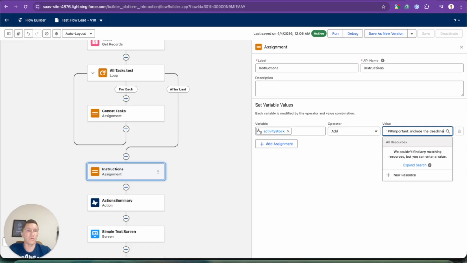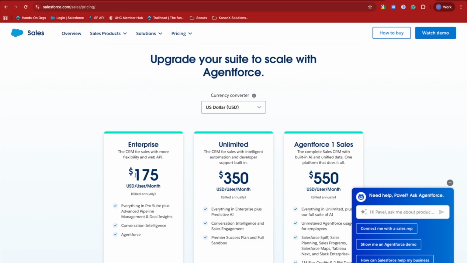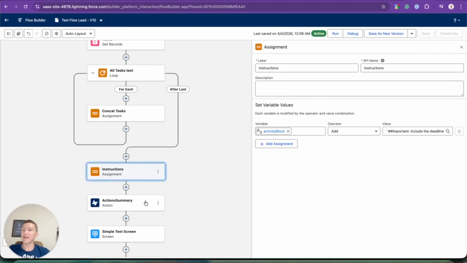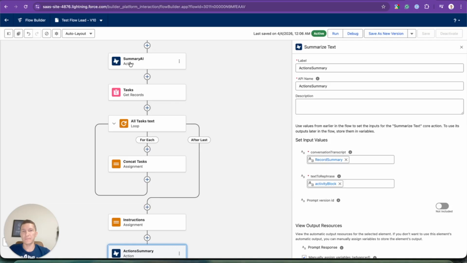We want to include the deadline in the summary, create a list of buying signals, make the output formatted, whatever you like to see in this summary, absolutely free with getting value, as I said, of 175, where you only have access to Agentforce. Next, we feed this record summary, which we have got here, which is basically our lead